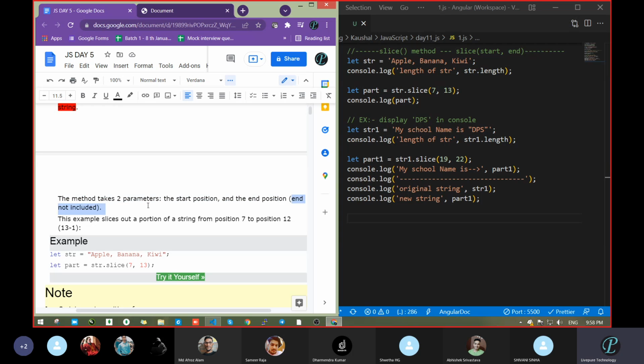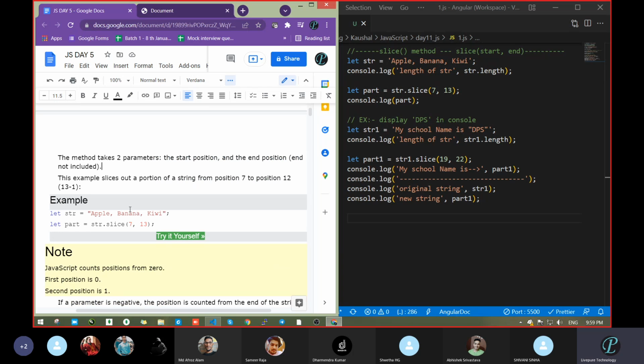Here the end is not included. We will come to that. So the example slices out a portion of a string from position 7 to position 12. 12 means 13 minus 1.